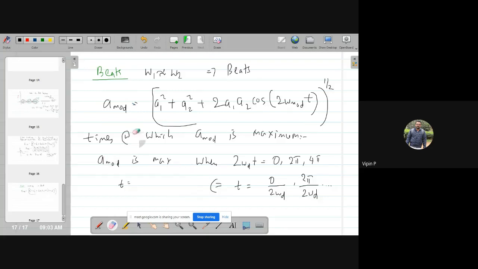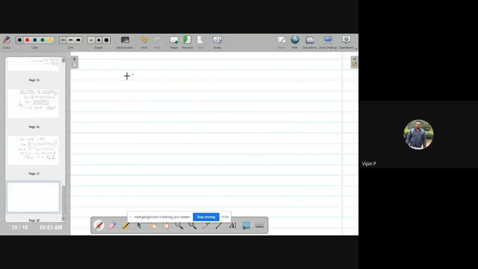So t is equal to 0, pi by 2 into omega 1 minus omega 2. This 2 will get cancelled. No, you will have 2 there. Okay, I'll write on a different page. So at times 0, 2 pi by